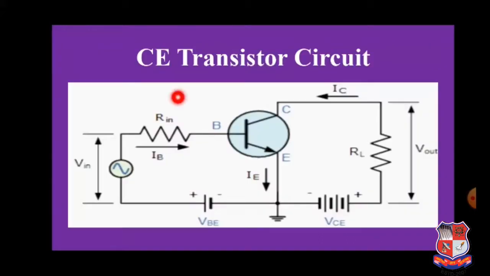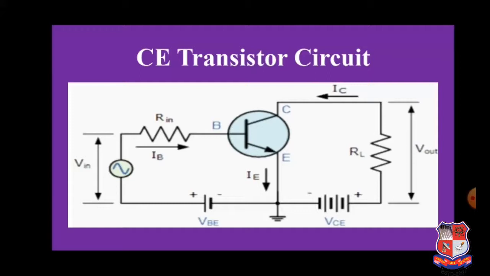So this is the common emitter transistor circuit, where you can see from this figure, emitter is commonly grounded for the input as well as the output junction, and this is the case of your NPN transistor, because as you can see, the positive terminal is connected to the negative one in the reverse bias condition, and the plus terminal is connected to the negative, that means the collector junction.